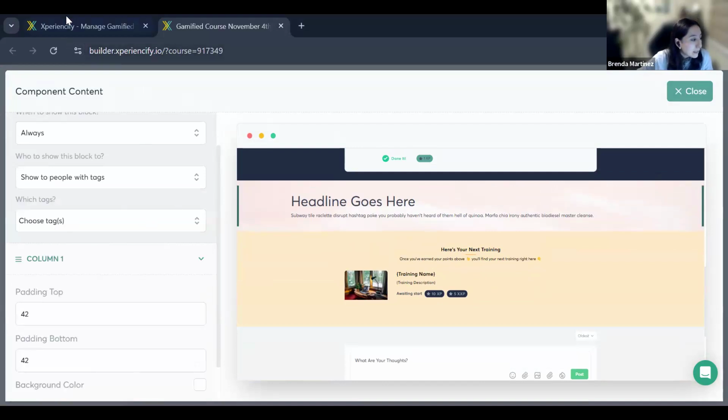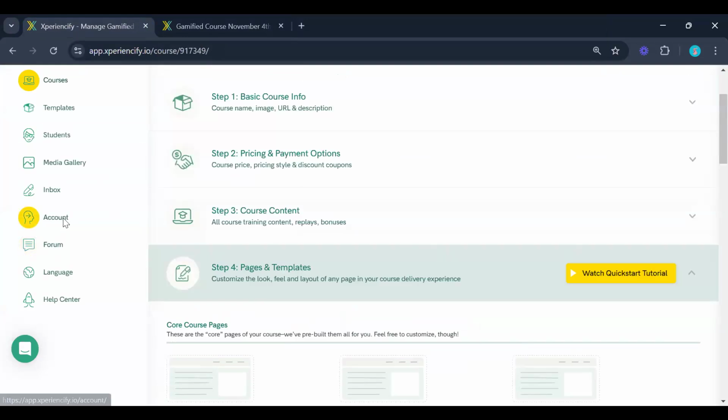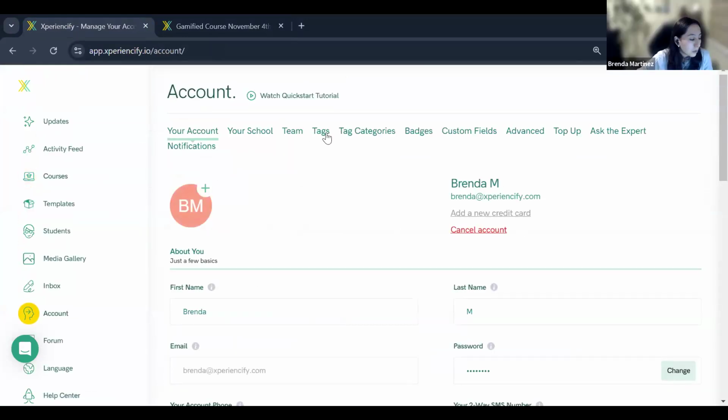And let's create it from scratch. I will go to my account. I will create a tag